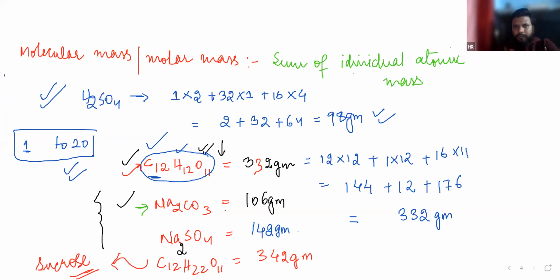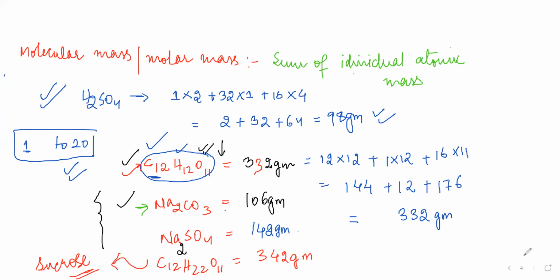I'm changing the slide. If you're not done, then tell me. Akarsh, done? Yes, sir. Okay, I'm changing the slide. Just see. It's very easy to calculate molar mass. We just need to know the atomic mass of the individual element. Now there is another term which is known as formula mass.